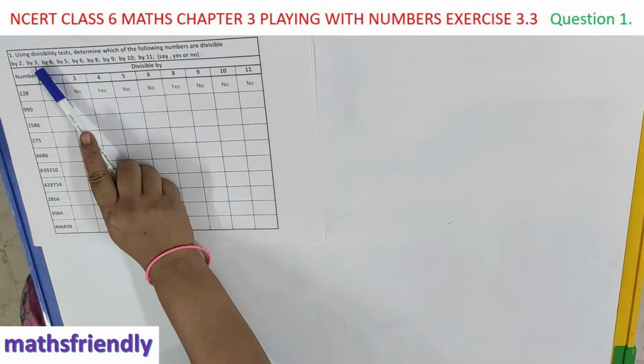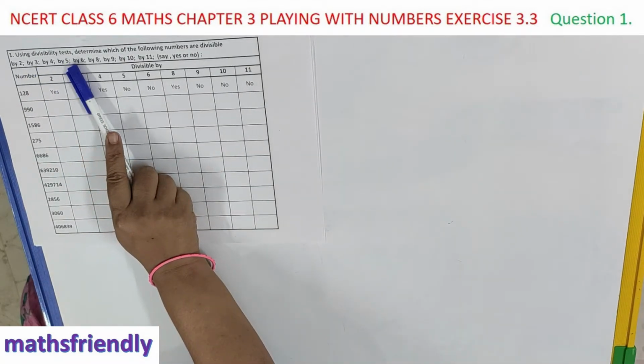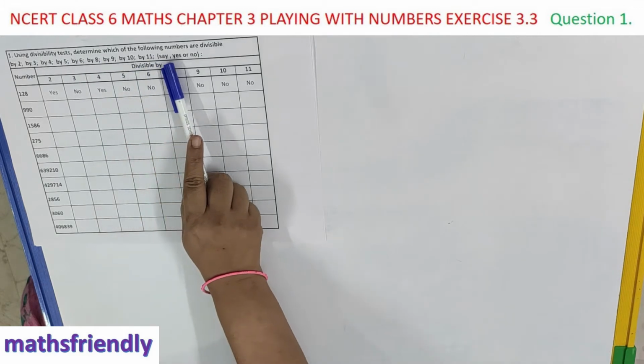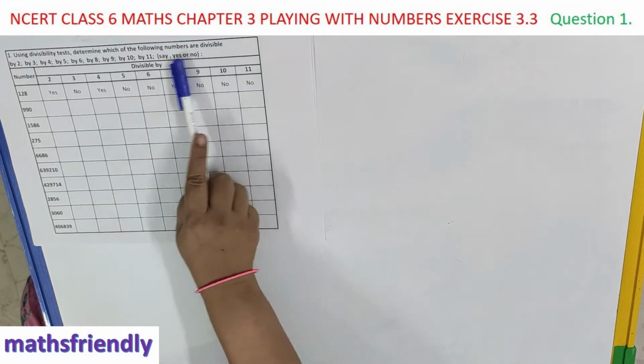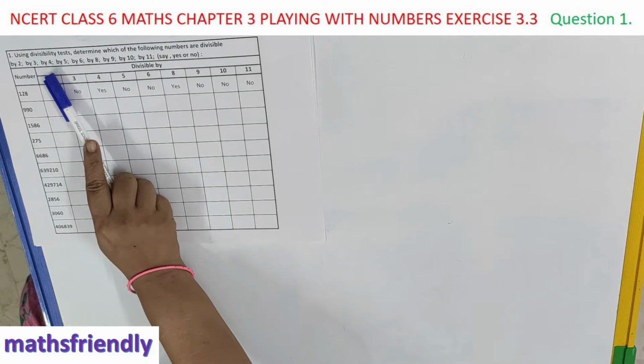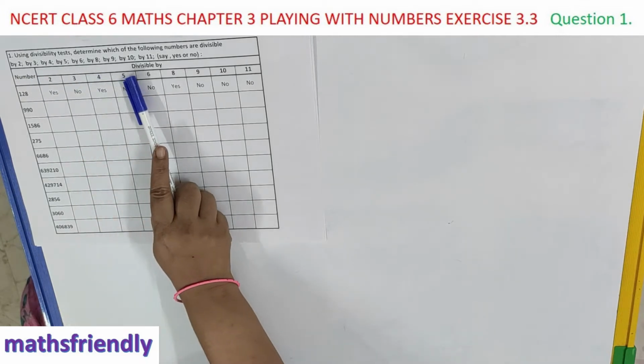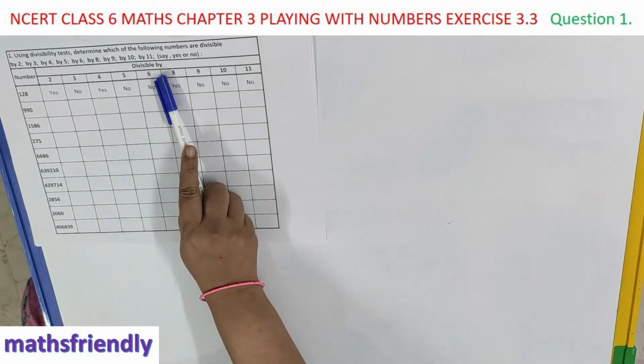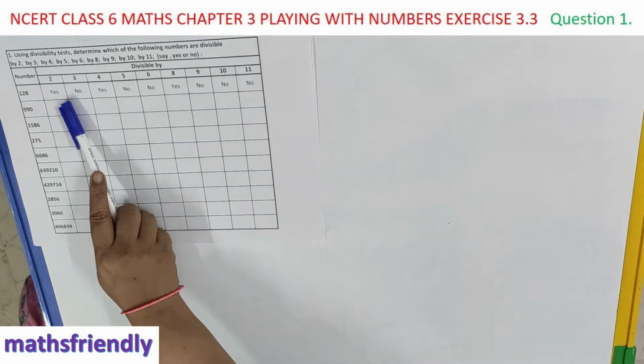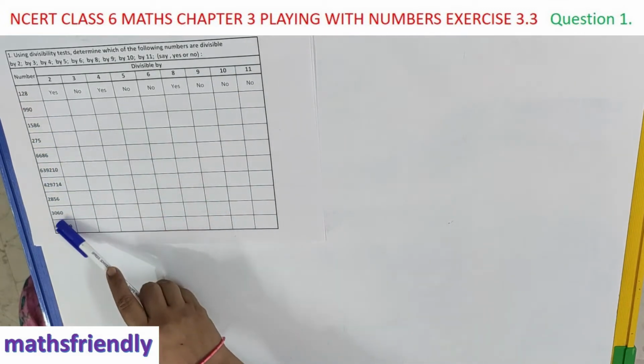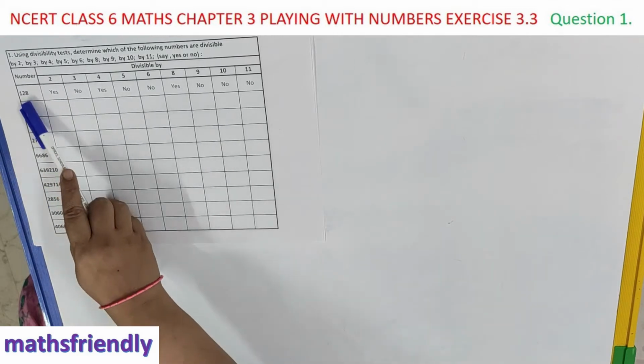This question says, using divisibility tests, determine which of the following numbers are divisible by 2, by 3, by 4, by 5, by 6, by 8, by 9, by 10, by 11. Say yes or no. So these numbers are given and we have to check whether this number is divisible by